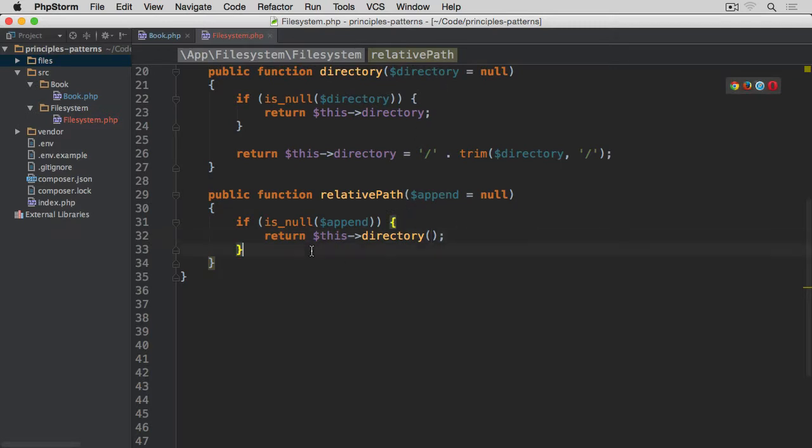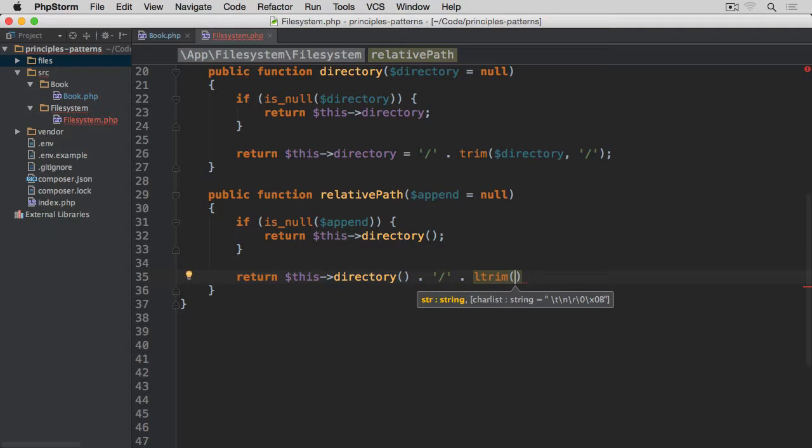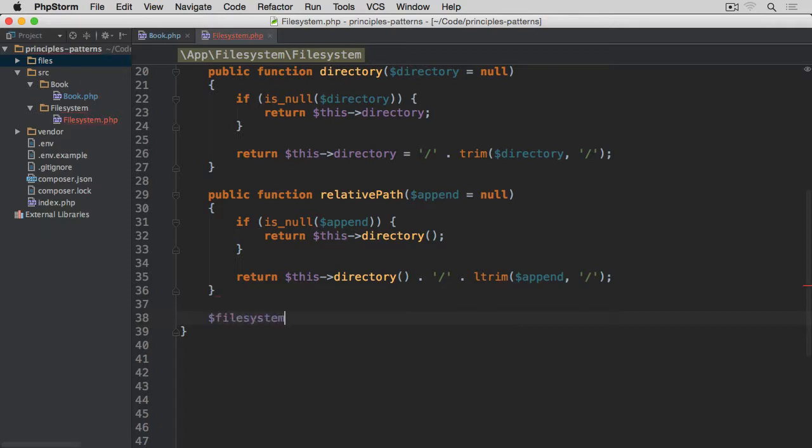to append anything. But otherwise, what we're going to do is return this directory, and we concatenate it with the / and then again concatenating this trim on the left hand side. I want to trim the / as well from this append because we might be passing, let's comma /, because we might be passing something like, let's say if I do say file system relative path, we might be passing something like / books